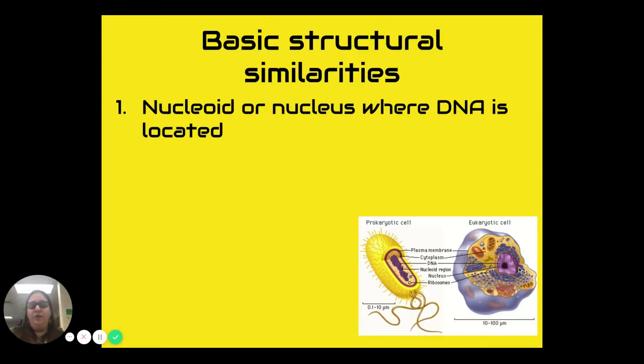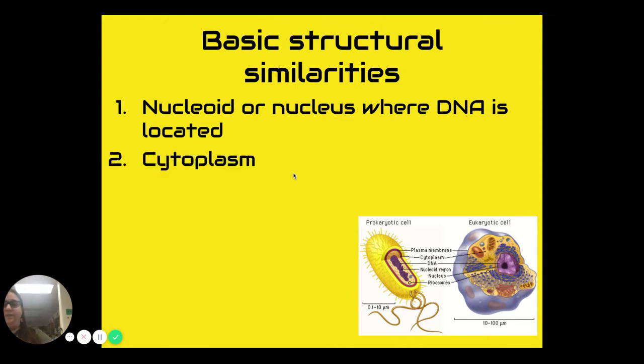Okay, so in our cells, we have eukaryotic cells. Plants have eukaryotic cells. Fungi have eukaryotic cells. There is a central structure called the nucleus where the DNA will be found. In a bacteria cell or prokaryotic cell, you aren't going to have a nucleus with a membrane around it, but you are going to have a central region that's called the nucleoid region, and that's where you're going to find